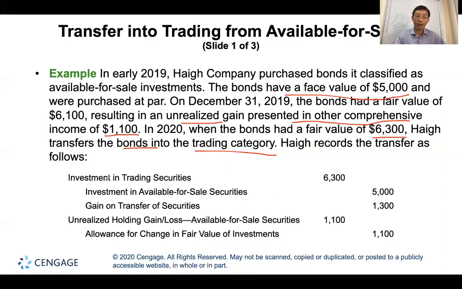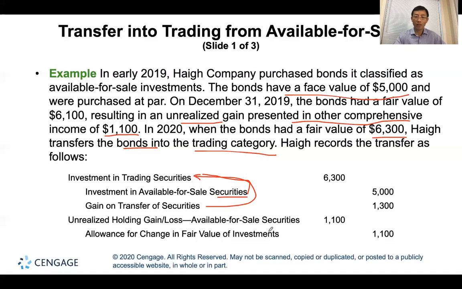So debit investment in trading securities, credit investment in available for sale security, because this security has already become a trading security. And at the same time, the gain on transfer of security has already become trading security, the principle. Because on this date, the book value, the balance is 6,300. And then after that, we need to